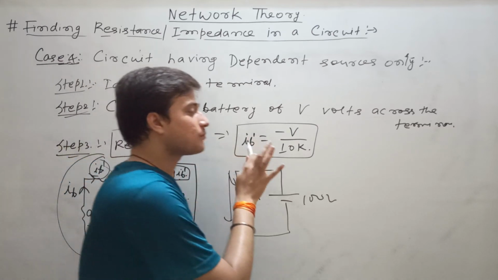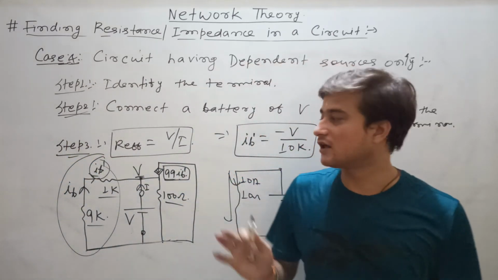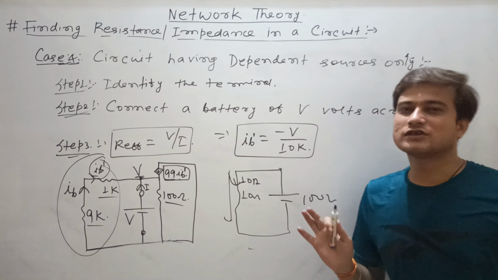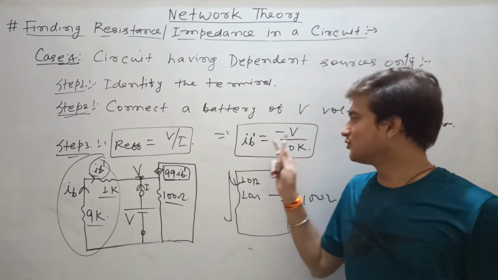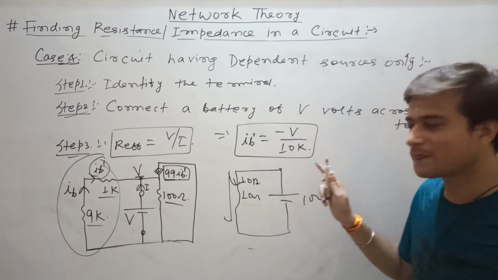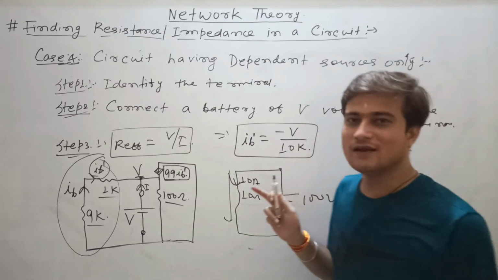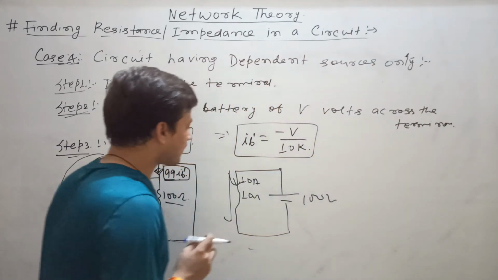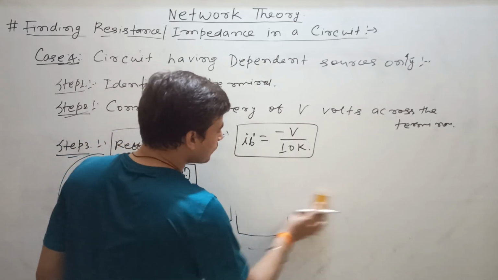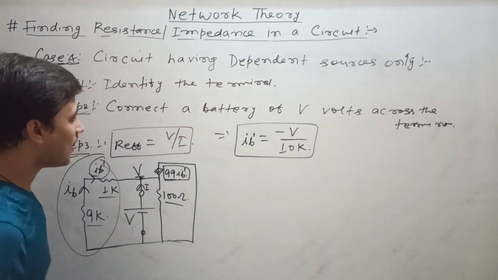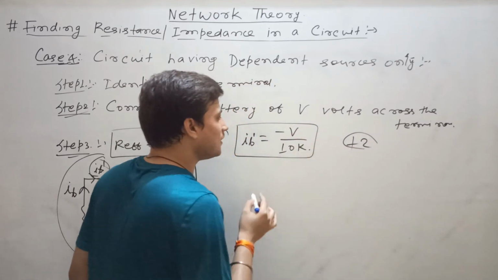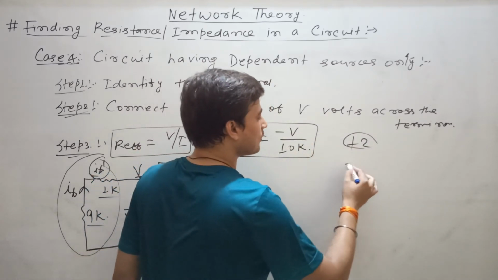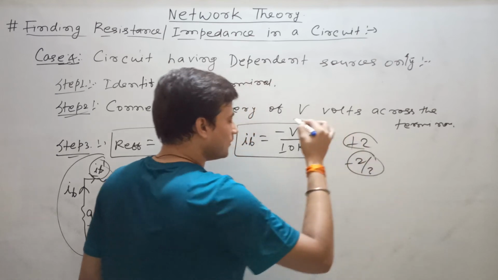And you will ask, if I don't take the negative, then what will happen? This question was asked for 2 marks. So you will get minus 2 by 3 in the GATE exam. Clear? So you have to take care of minus and plus. Otherwise, you will get plus 2 marks if you take the proper sign. If you don't take the proper sign, then you will get minus 2 by 3. Clear?